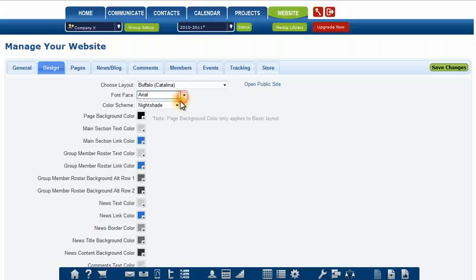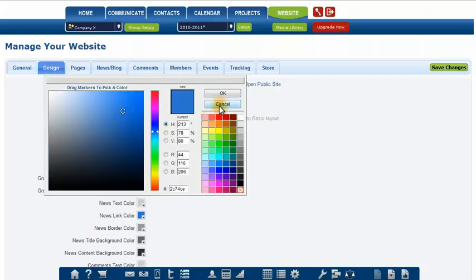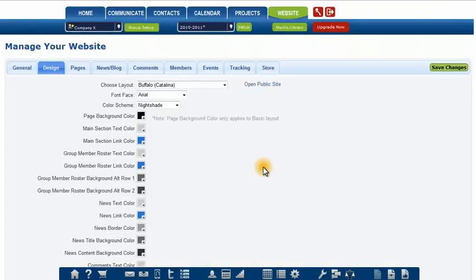You can change the font face. You can change the color scheme. We have some custom defined color schemes, and you can also make a custom color scheme if you want. Just click on any of these colors, and you can change the link colors and things like that. So if you are happy with what you have here, then you can click here to open the public site,